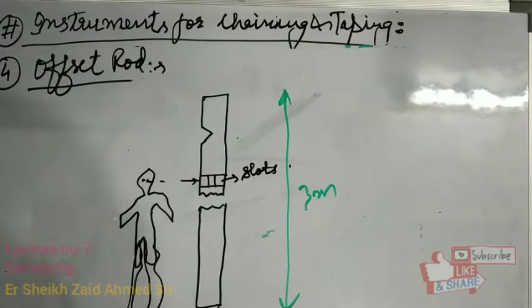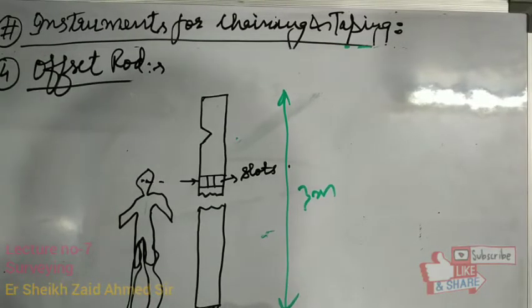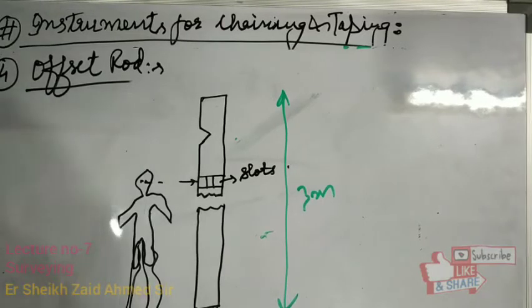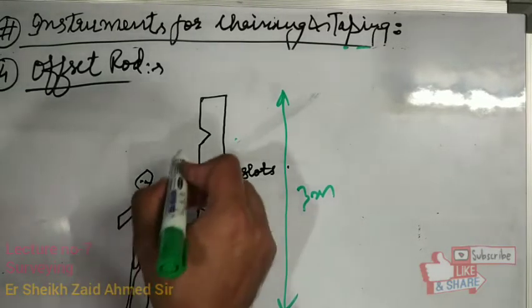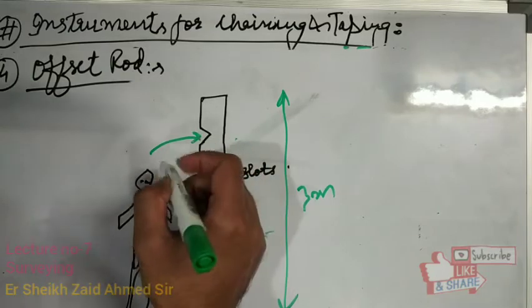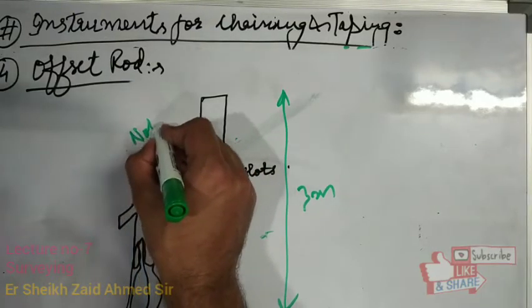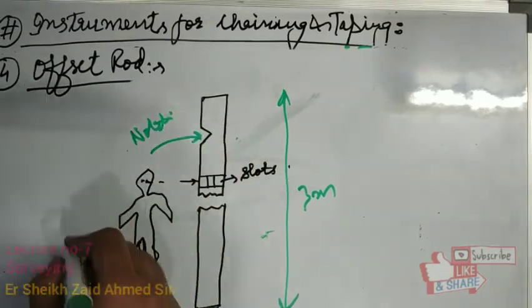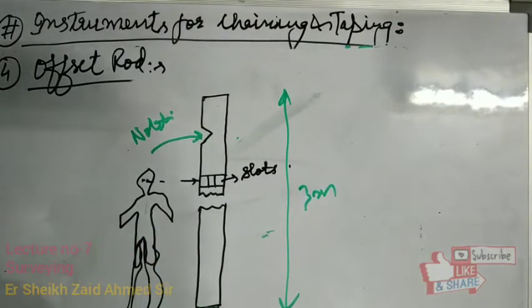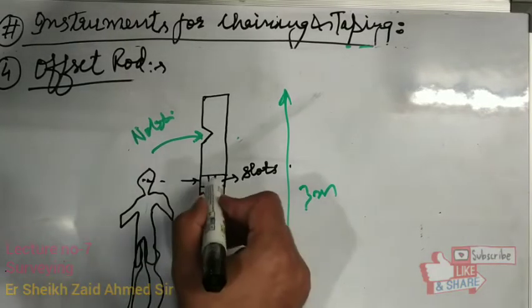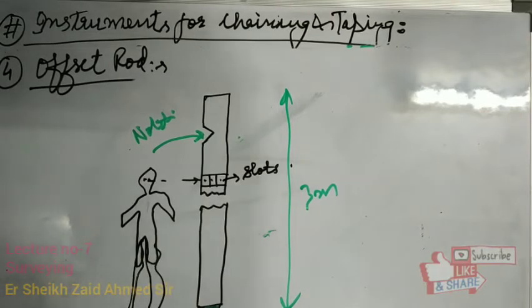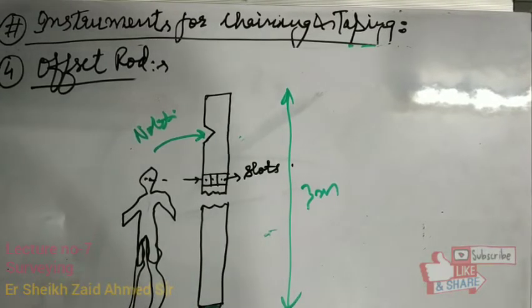It has a pointed iron shoe at one end like a ranging rod. That is a similarity. At the other end of the rod, there is a hook or a notch. The function of this notch is to pull the chain through hedges or other obstructions. The offset line is aligned at right angles to the survey line by alternately looking through the two slots. So these slots help in making the offsets at right angles.